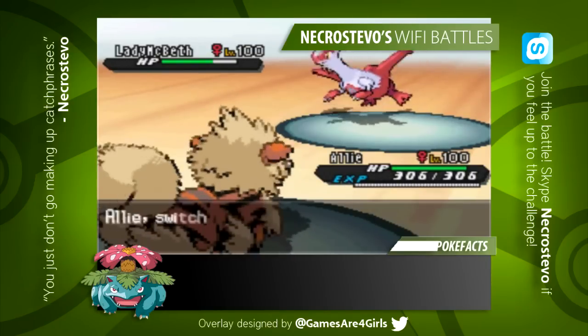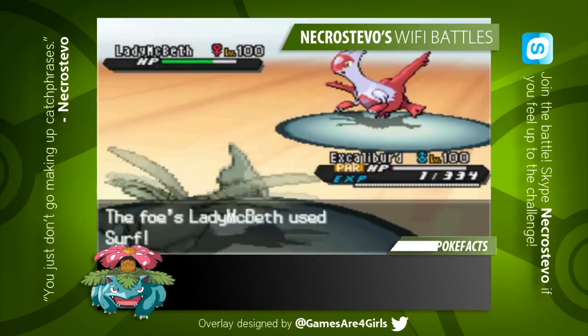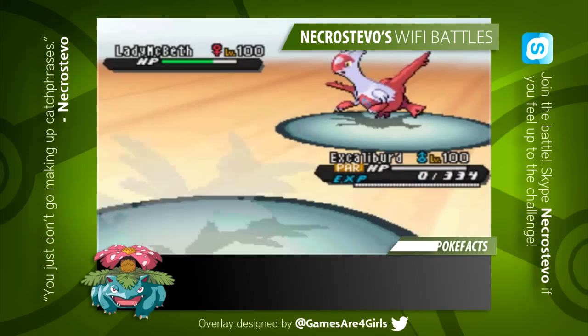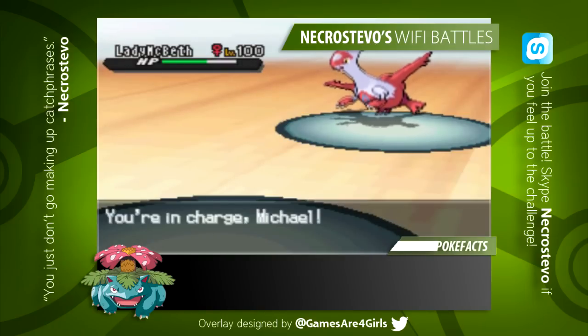I go out into my Choice Banded Arcanine just to see what his other move is. I needed to see if he had Surf or maybe Psychic as his other coverage move. I just needed to see what he had. And I do find out that he has Surf, which is good information to have, especially since he's running